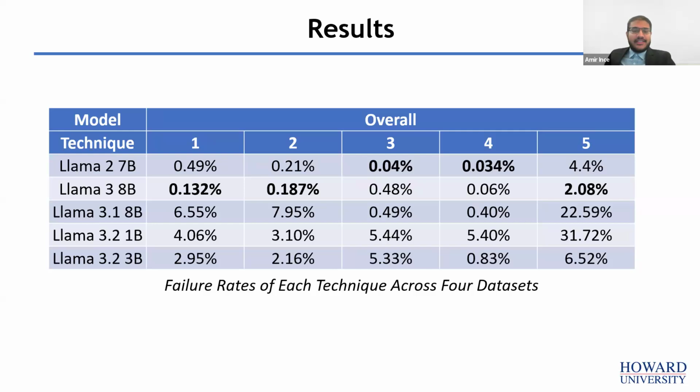Here we have a table detailing the average failure rate of each Llama model for each prompting technique. From the previous table, we saw Llama 3.1 8 billion performing very well, but now we see it is kind of vulnerable to failure in certain techniques. The Llama 3 8 billion model maintains consistently low failure rates, excelling in zero-shot and few-shot methods. And we see that smaller models tend to struggle with higher failure rates, especially as the prompting technique becomes more complex. Few-shot method 2 and prompt optimization with dataset examples method 4 offer the best balance of performance and low